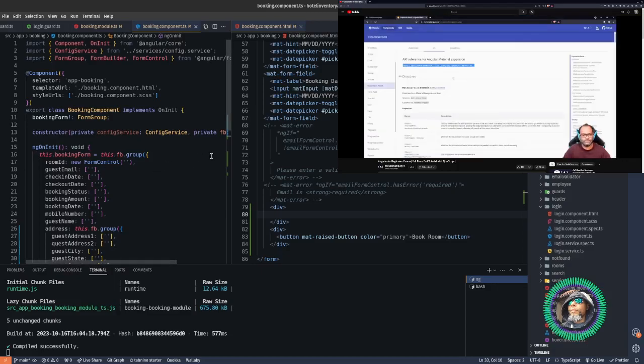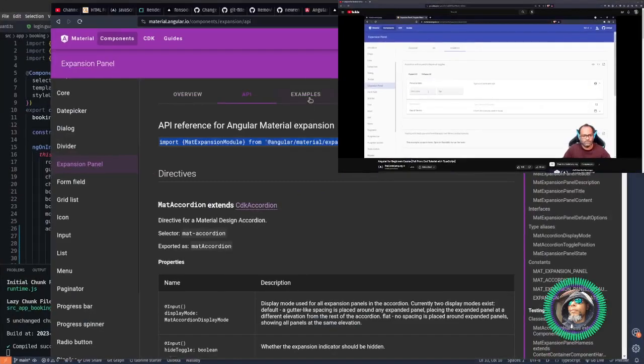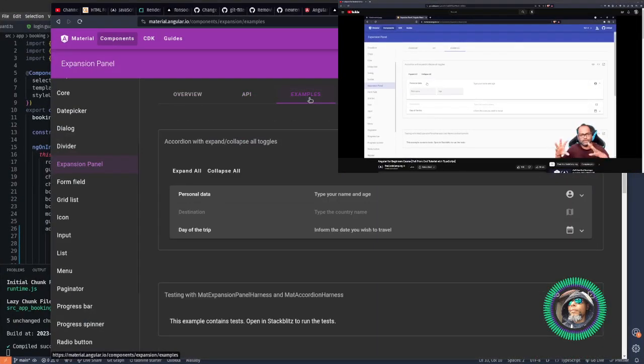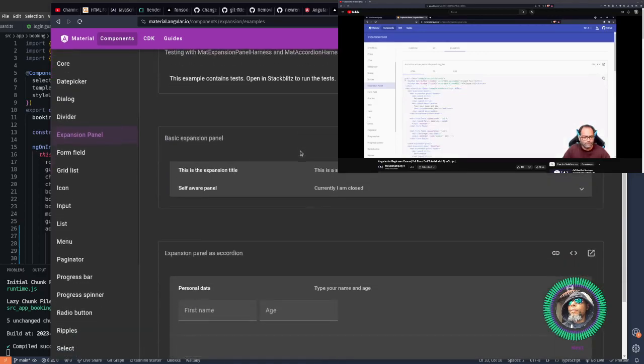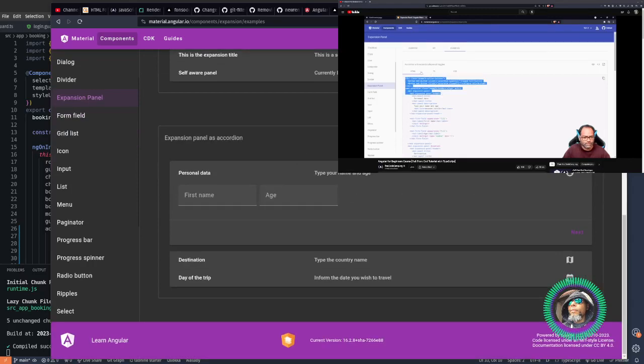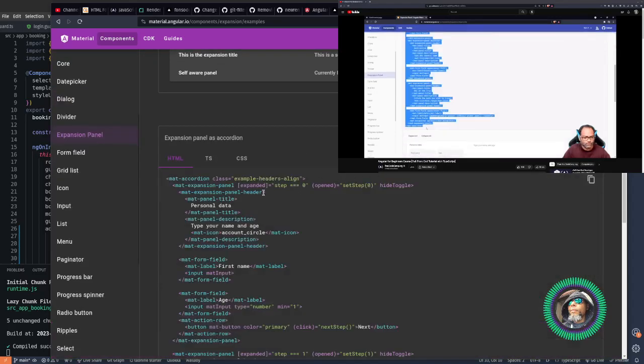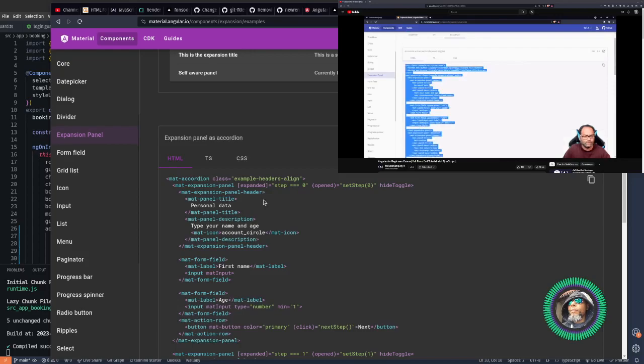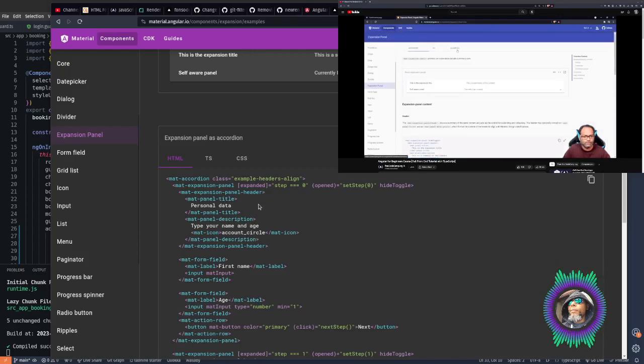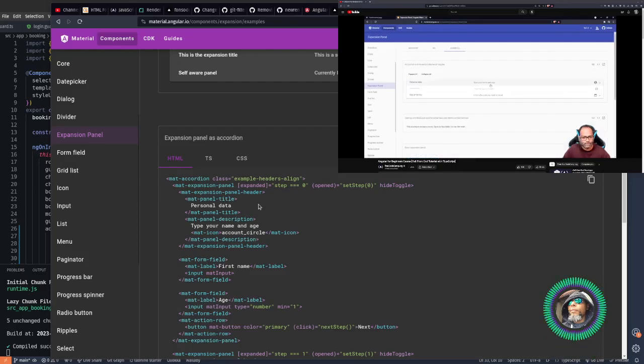Right, so we added mat expansion panel, and now we want something like this, right? So where we can click and it will just open all the addresses which we have. So let's see the code, and this is 2 buttons, and these are the form controls, right? So we will have the TS version, right? Okay, this is the expand and collapse all button. We just don't need that anyways. So we need from here